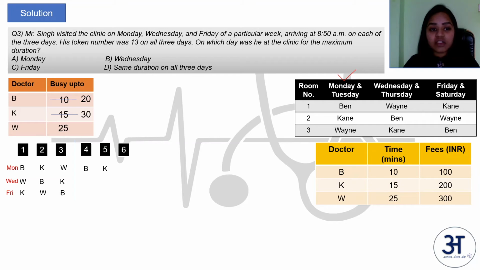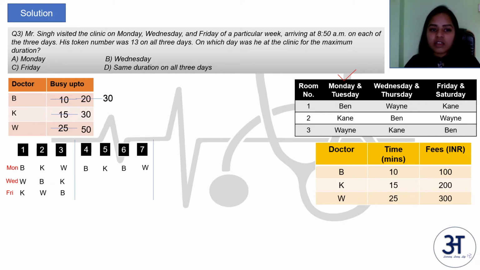Now the patient 6 will be assigned to Dr. B again because he is becoming free on the 20th minute. Now B will take 10 minutes to consult patient 6, so he will be busy up to 30th minute. So here again Dr. W is getting free at 25th minute whereas B and K are busy up to 30th minute. So the 7th patient will be allocated to Dr. W. So after this is when we will have to look at again the order because Dr. B and Dr. K will both be available at 30th minute, right? And Dr. W will be busy up to 50th minute.